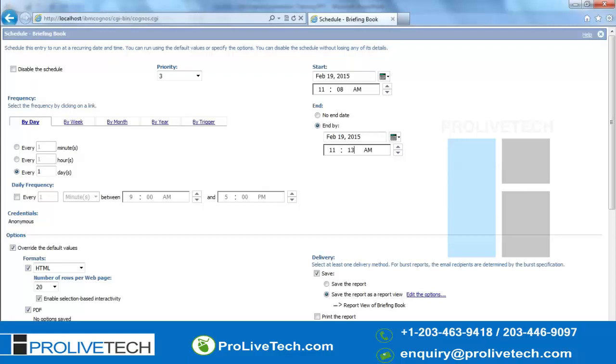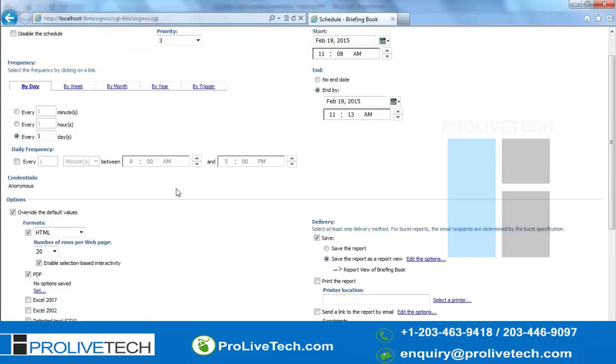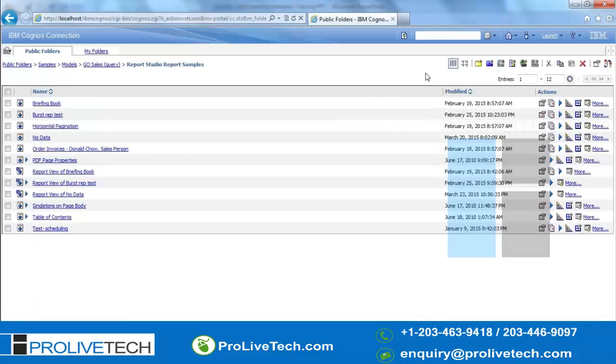I'm just giving 5 minutes. It would generate between the start and end time. If it has to run every week, then you don't need to specify the end time.